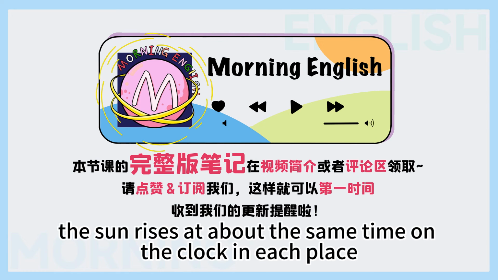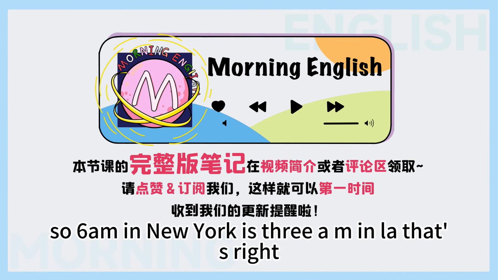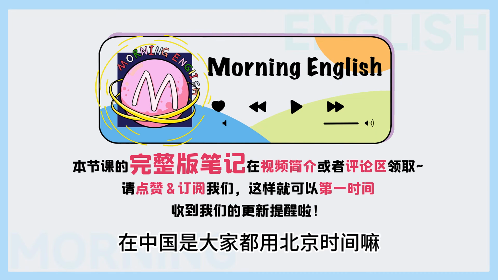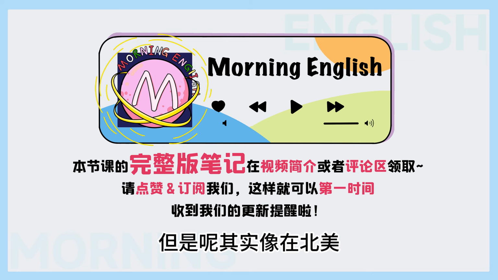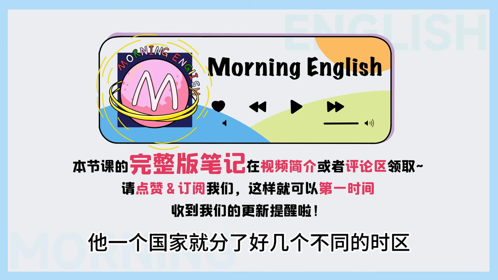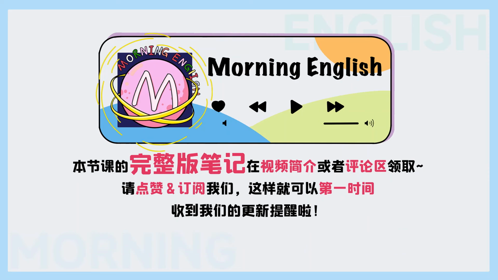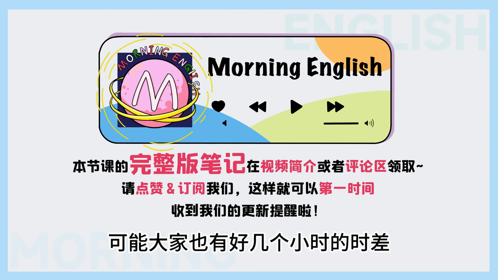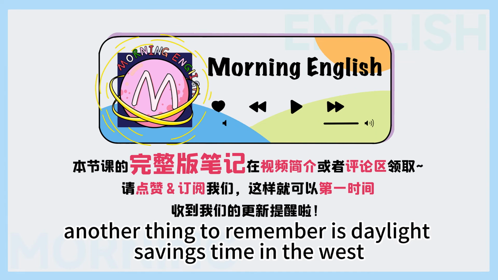This is so that the sun rises at about the same time on the clock in each place. So 6 a.m. in New York is 3 a.m. in LA. That's right. 对，因为我们在国内啊，在中国是大家都用北京时间嘛。但是呢，其实像在北美，美国和加拿大，它一个国家就分了好几个不同的时区。就是虽然你都在美国或者都在加拿大，可能大家也有好几个小时的时差。